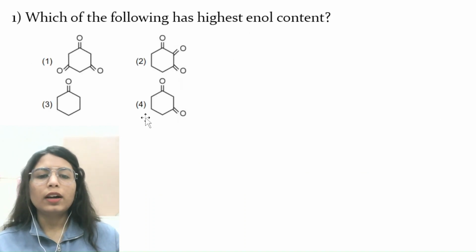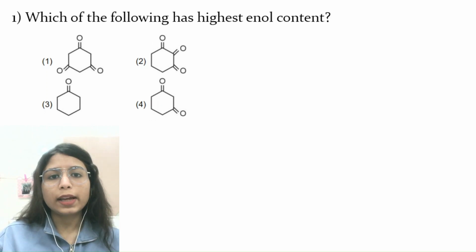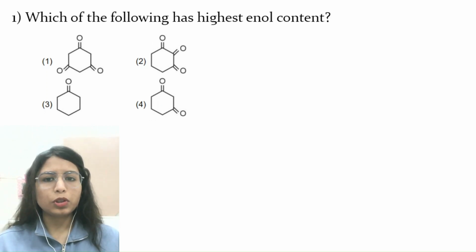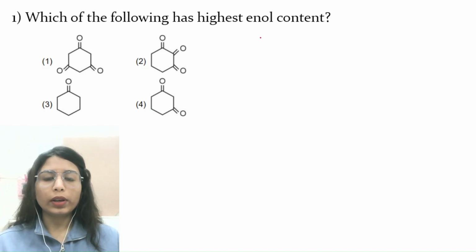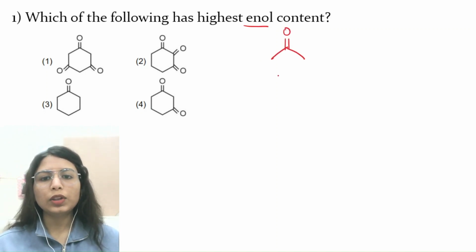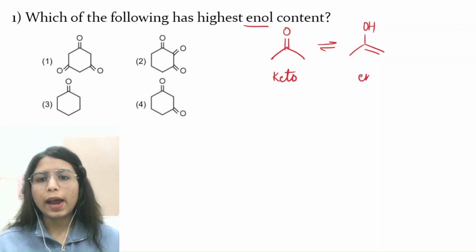So here we have the first question of JEE Mains that it has asked, and it is related to organic chemistry. It is asking you which of the following has highest enol content. In order to answer this question, firstly you must know what is enol. Whenever we study carbonyl chemistry, we have two forms. First is the keto form. So in general, if I represent any of the keto form, this is your keto form and this is your enol form. These two forms are interchangeable to each other, and these two are also called the tautomers, right?